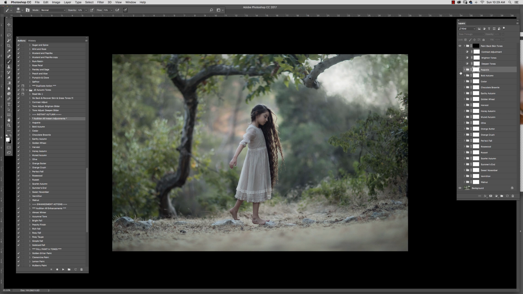which is all the different tonalities here. So this is Augusta. This is Bold Autumn, Cedar, Chocolate Brownie, Earthy Autumn, Golden Wheat, Harvest, Honey Autumn, Muted Autumn, Olive, Orange Butter, Orange Crush, Perfect Fall, Rosewood, Russet, Scarlet Autumn, Summer's End, Sweet November, Vermilion,